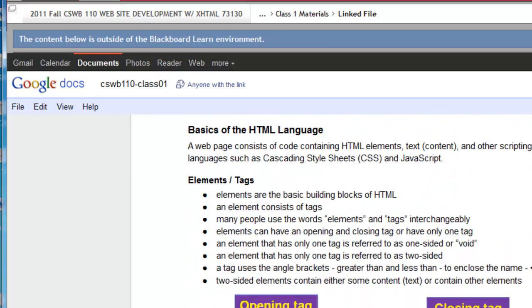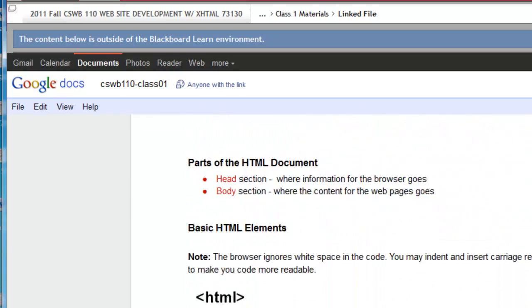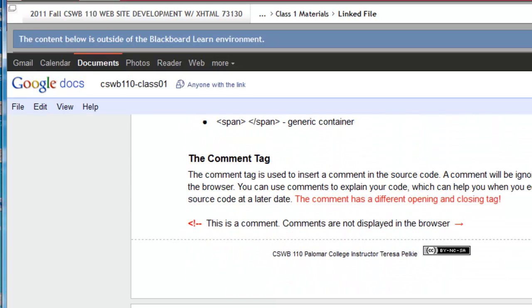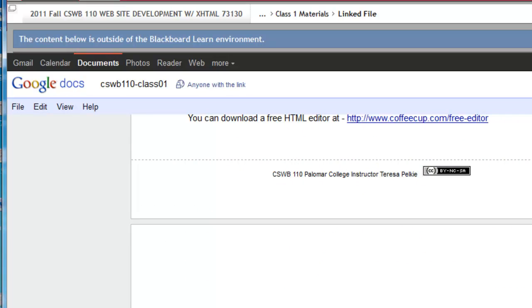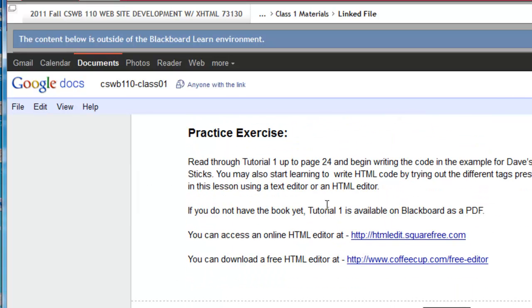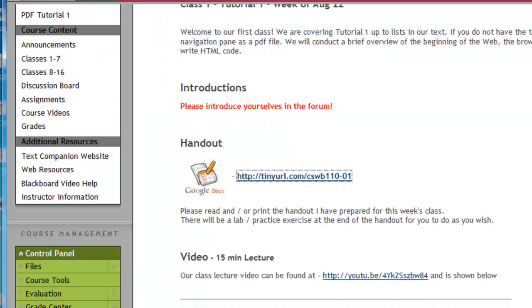At the end of the document, there will be some additional hands-on exercise, lab work for you to do at your own convenience. Here we go, practice exercise. If there is an assignment, that assignment will be included also on the page. I will have due dates and grading criteria also on that page. So every week we will have a voice introduction, we will have our handout, and we will usually have probably